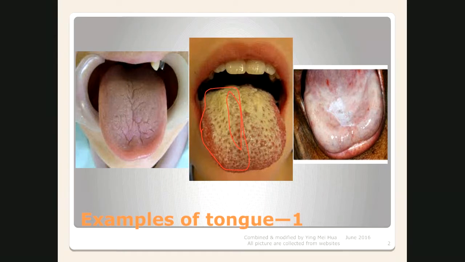Now, any question for this one? Can you still see the right side of the tongue is larger than the left side? Okay. For the person it is the right side. For us, it looks like the left side of the image. So the right side of the tongue is larger than the left side. Yes? Which is quite common for human beings.